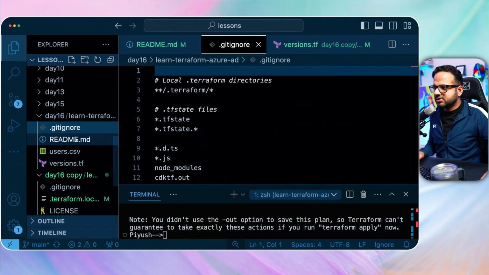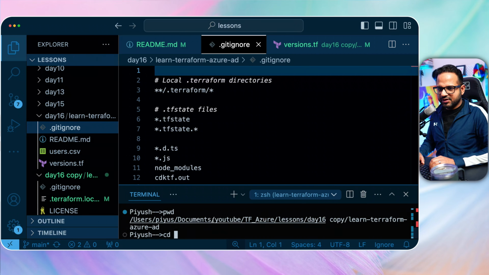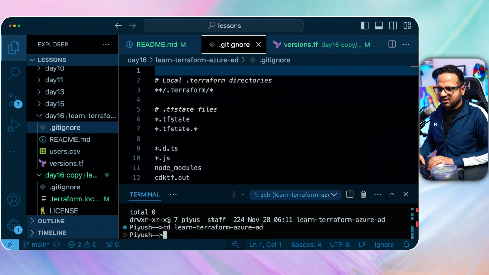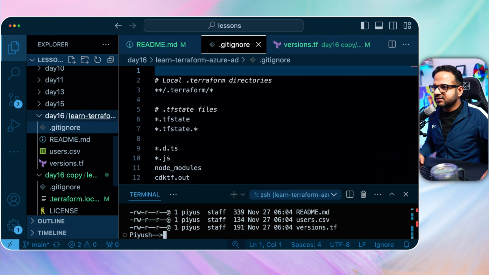Okay, so now we have the readme file, versions, users. Let me see in which folder I am. Day 16. All right, so I'm in this folder,